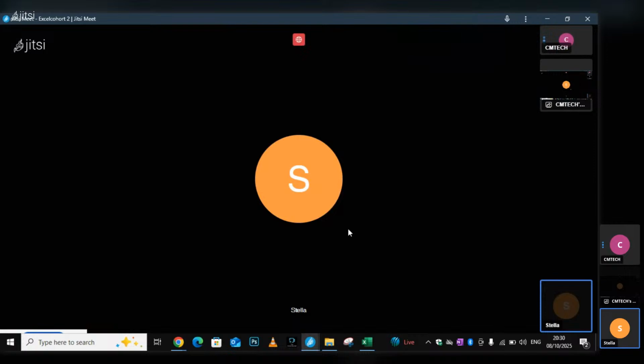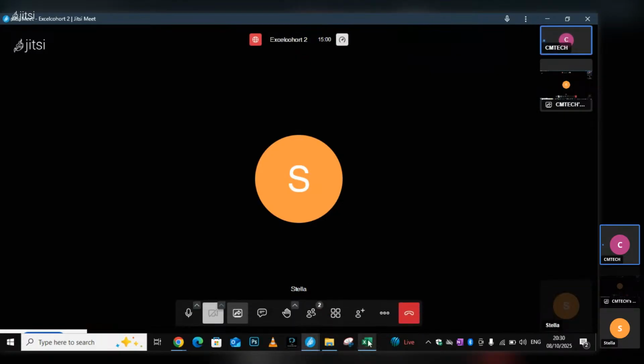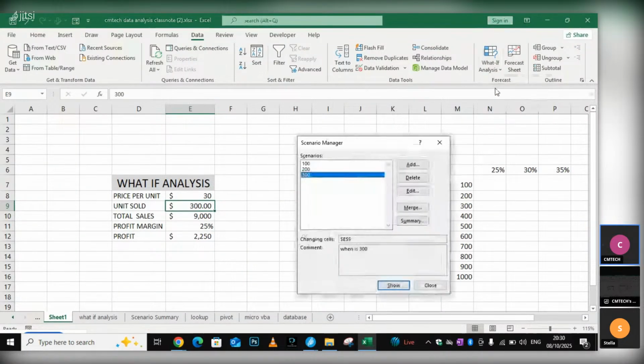Now, what do you understand by the word goal seek? What comes to your mind? Searching for something. Okay, for example, you want to set a particular goal. Before I go into goal seek, let's see how we can generate summaries